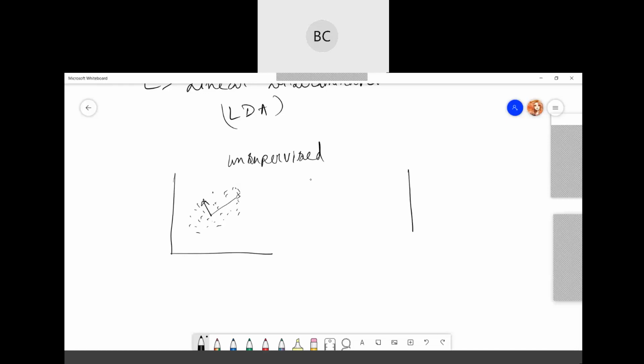I'm just telling both together, and LDA is your supervised process. The main principle for both is kind of the same. So LDA is supervised and PCA is unsupervised.